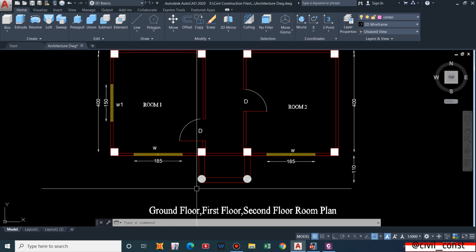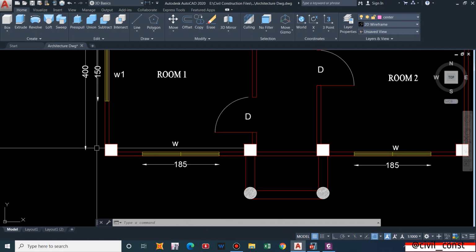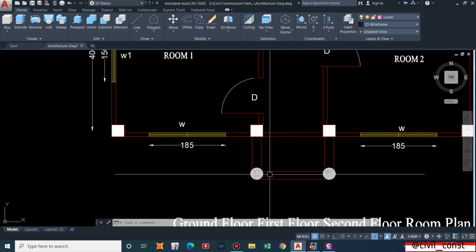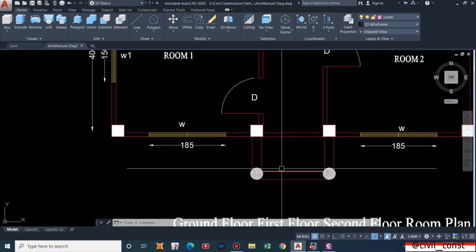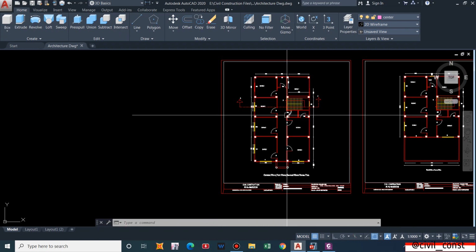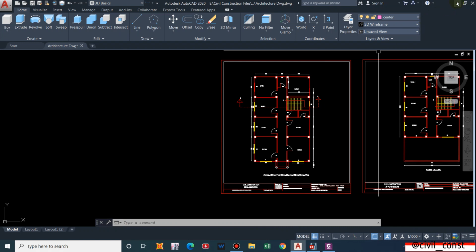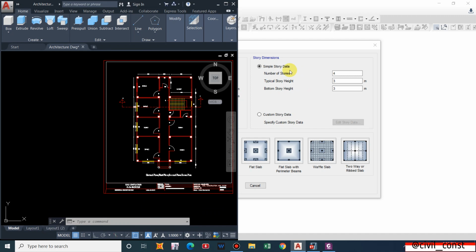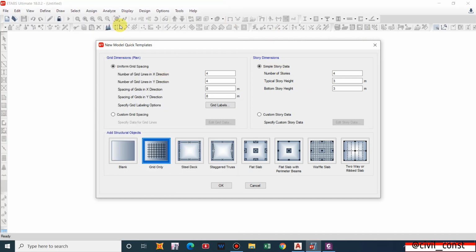Similarly along the y-axis, 1, 2, 3, 4, 5, 6, six grid lines. So number of grid lines in the x direction is 4, and similarly along the y-axis it is 6. So I will not change this.